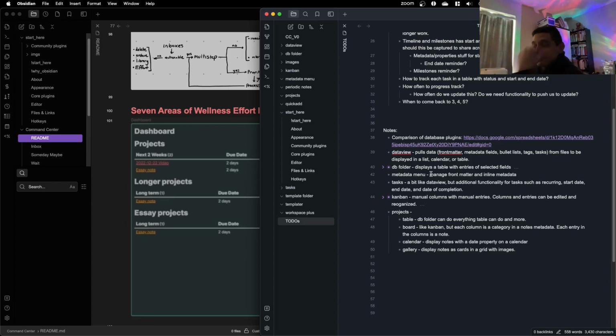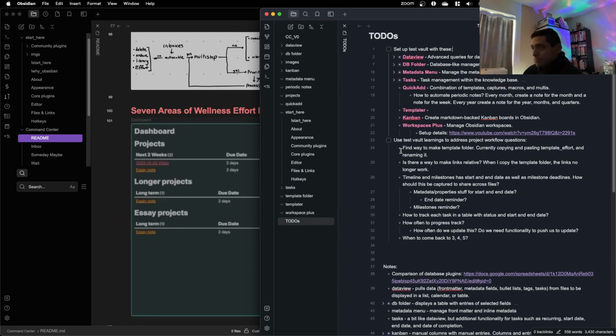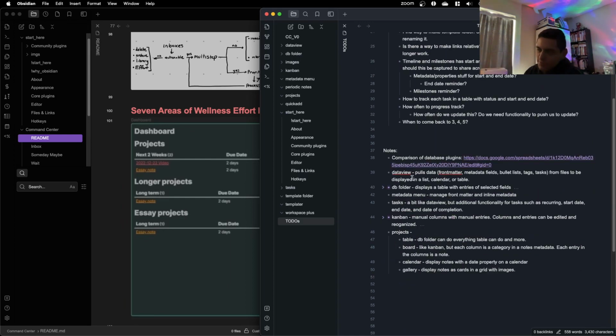And so this is so far my comparison, and there's also this very handy Excel sheet someone made comparing the database plugins. And so just briefly recapping for myself, but also for you, Dataview essentially lets us pull data from files. So this data could be in the front matter. Front matter is at the top. It has a key and then a field, and so it could be, for example, title and then name, or rating and then 1 through 5.